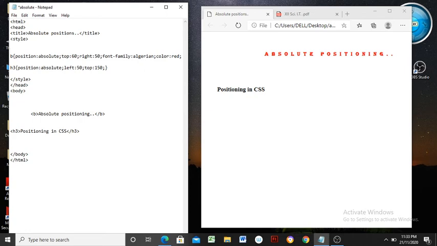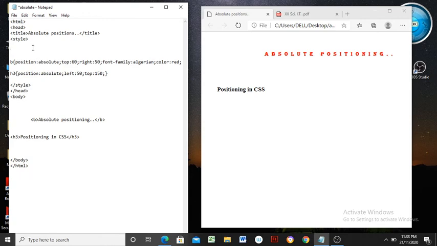In the last lecture also we have seen it. Now we will see it again here. I am going to define a .x named position, within curly braces, the type to be defined. So position colon relative, it must be there. Then we have to apply some effect such as setting up margins.